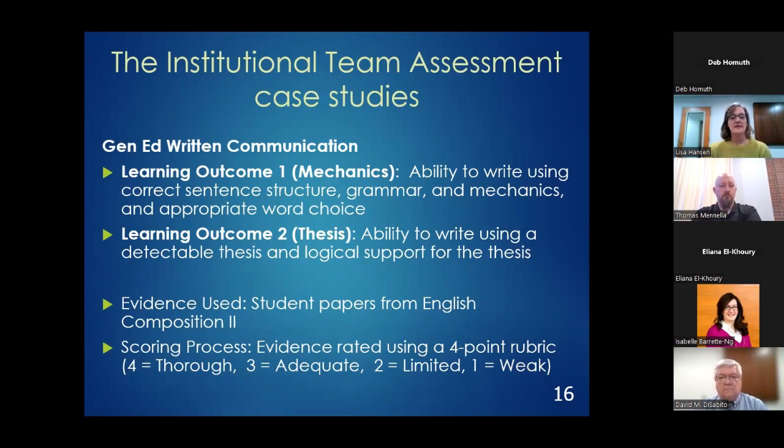for the thesis. Now, the data that we used, we had a set of student papers from English composition. We had already scored these with one of our faculty assessment gen ed teams as part of our process, and they had scored that data using one of our in-house rubrics on a 4-point scale. And again, our goal was to take a look at the scores that were done by the human assessment team and compare them with the scores that we got after running them through our software Walter, compare them with the AI scores.